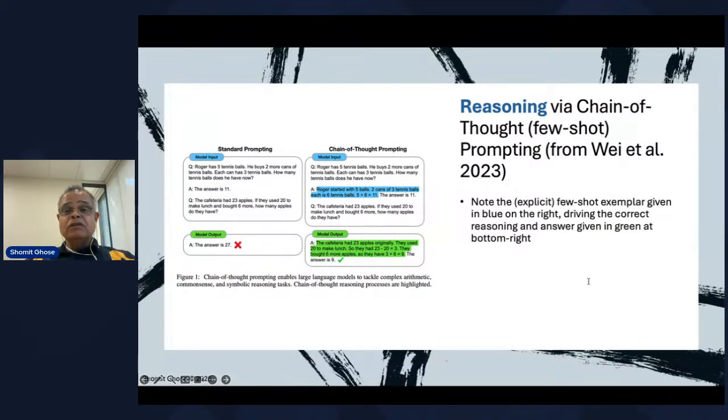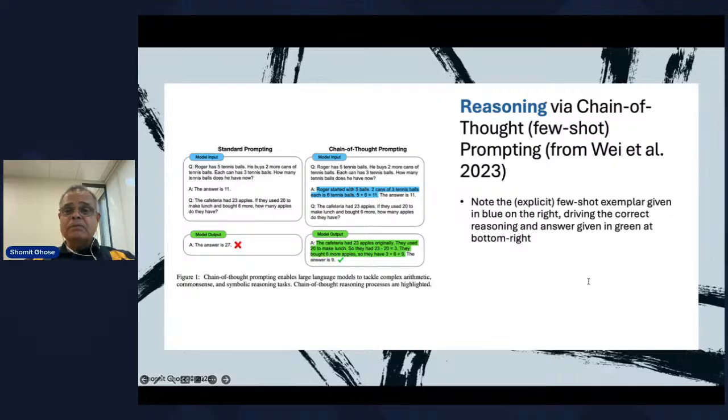We can help chain of thought and its reasoning by giving it a few examples of how to do something. Again, think about if you're teaching your child to do math or teaching your child how to empty the dishwasher. You might show them some examples of how they do that so that they can get a better idea of how to execute the task. We do the same thing with the chain of thought and prompting. In fact, the approach that you're seeing here is known as few-shot prompting.